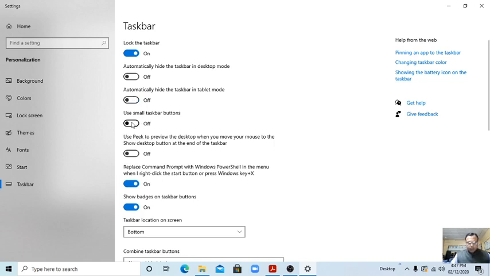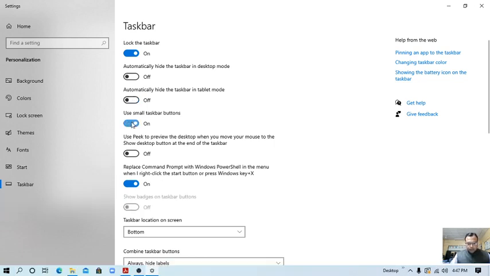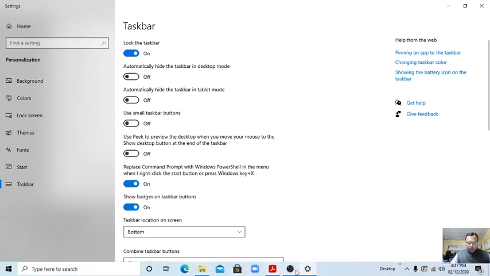Okay, use small icons. See here, this is already showing small icons. Okay, all the icons are very small. If you want more space, you can choose the small taskbar buttons. Okay, now we have done like that. Use Peek to preview, okay, this is on, off.